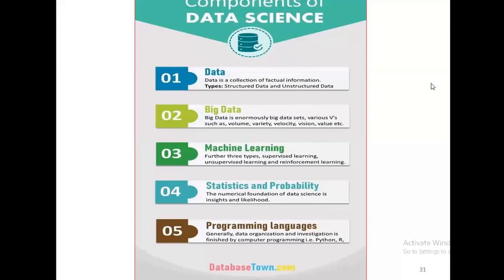Supervised learning, unsupervised learning, reinforcement learning. These are the 3 types of machine learning techniques. I am going to show you practicals. Then statistics and probability, the numerical foundation of data science, is insights and likelihood. There we are applying 3 types of techniques: linear regression, non-linear regression, logistic regression. Then finally we are applying programming languages like Python, Java, or MATLAB,